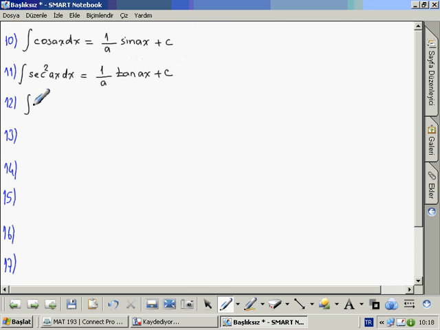integral cosecant square ax dx equals minus 1 over a cot ax plus c, integral 1 over square root of a square minus x square dx equals inverse sine x over a plus c,